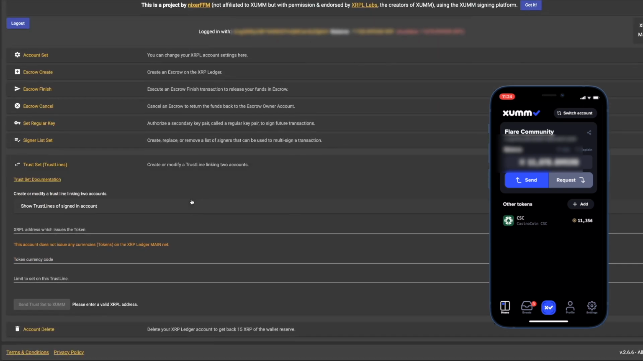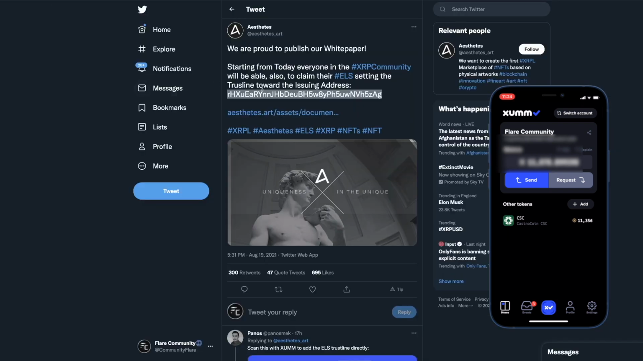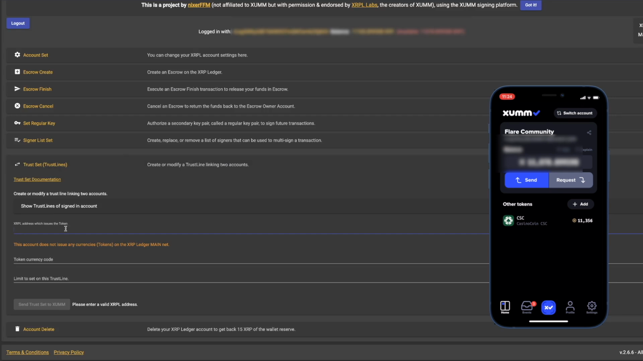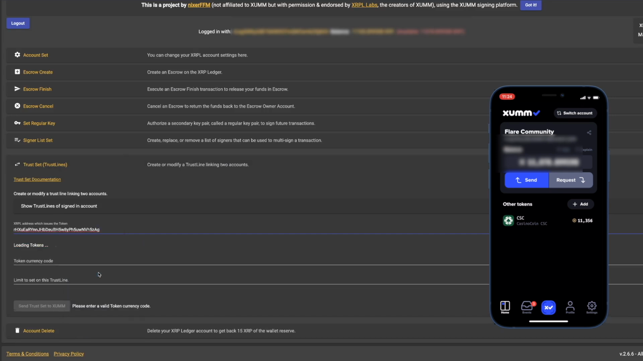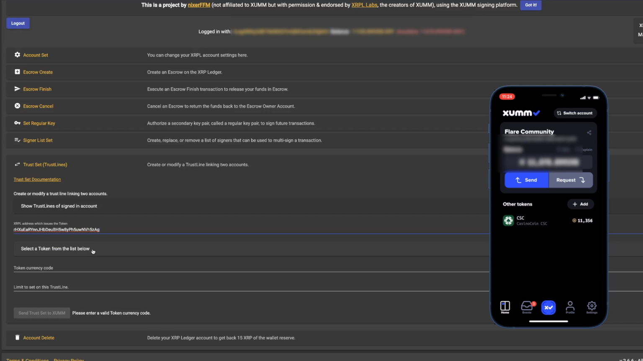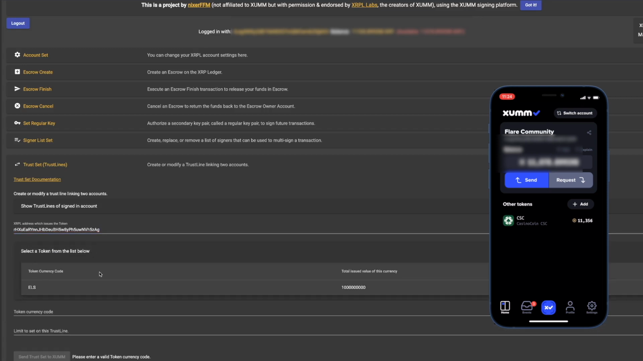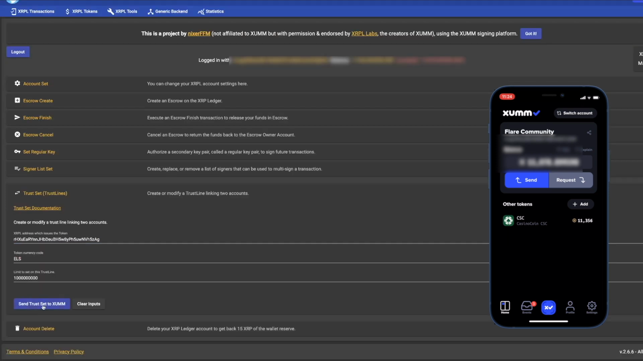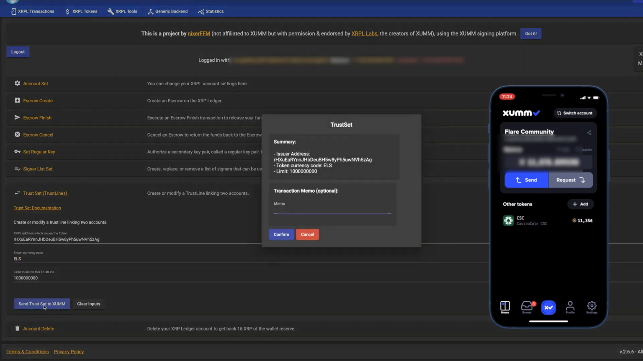And what we're going to do next is set a trust line. Now, if you remember before, we had this trust line address, the issuing address, sorry. So you can copy that, come over to here, and just simply paste it in. Then we can select from a token, and there we have it. So there's the ELS token, which we are going to be claiming. So click on this, send trust set to XUMM, click confirm,